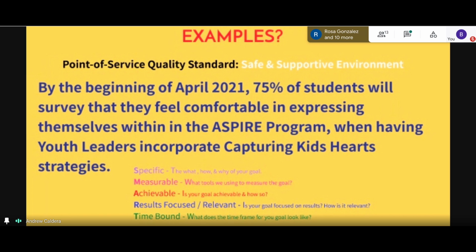When we're saying that 75% of students will report in the survey that they feel comfortable expressing themselves, that would seem like the goal. Our results are hoping that we increase it. Maybe we're starting in January at 25% of students feeling comfortable, or 50%, and our goal is now 75% of students.